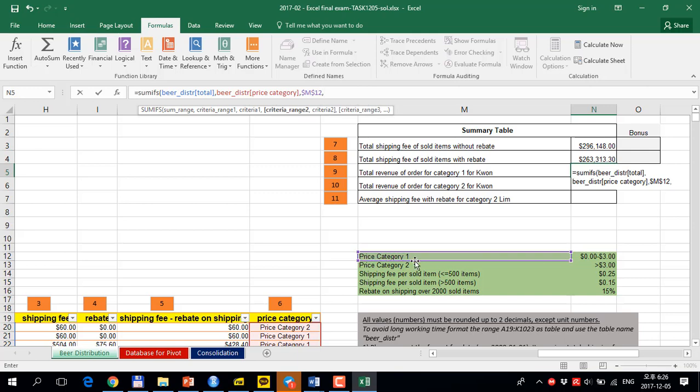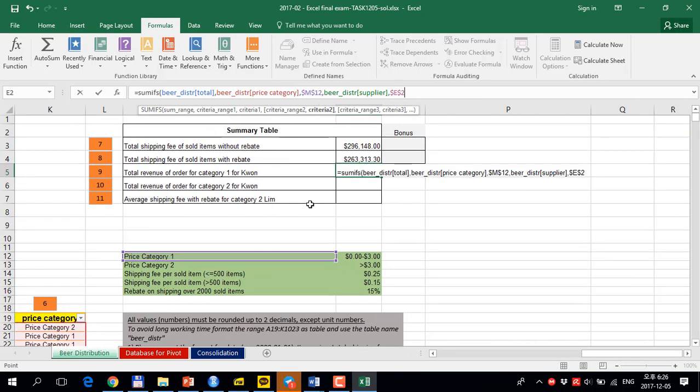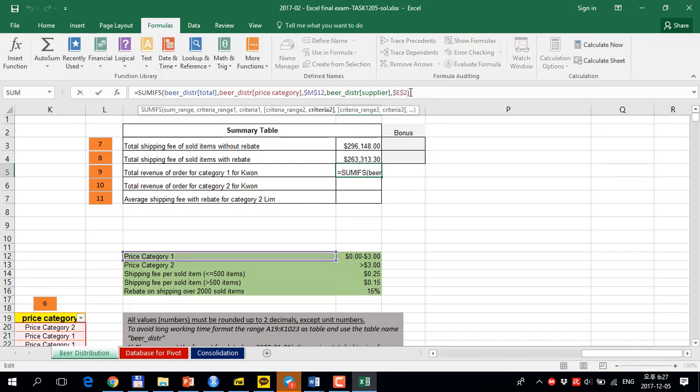M12, and the next one criteria range beer distribution, then suppliers, and then this has to be Quan. So here I have Quan. All I need to do is just press F4 again, and this is supposed to be done. But why is it not? So the beer distribution total,